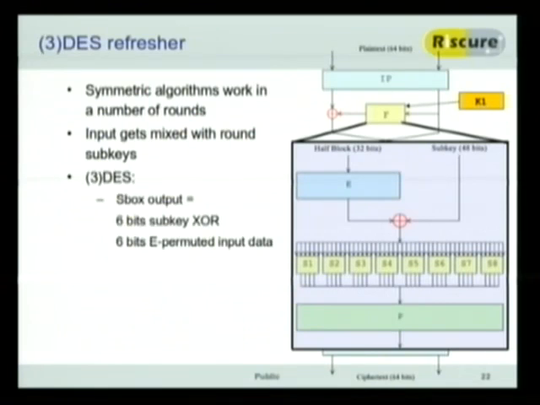So 1 bit of S box output depends on 6 bits here, which actually depend on 6 bits we know, and 6 bits of subkey. Now that's the kind of thing that we're looking for when we're doing, in this case, differential power analysis. We're going to chop up the key into little bits, in this case just 6 bits, and we're going to try to break them one by one.